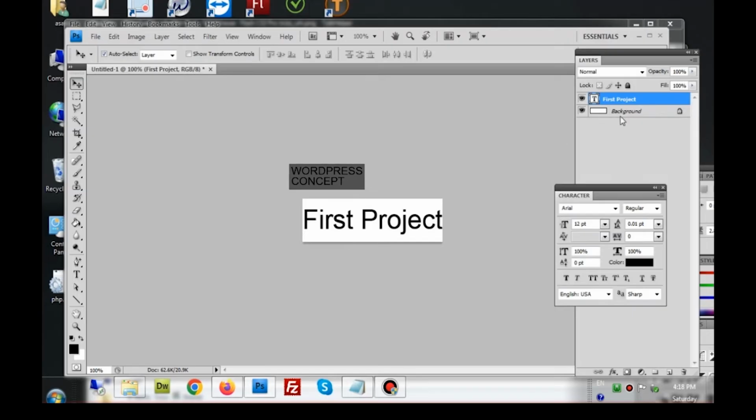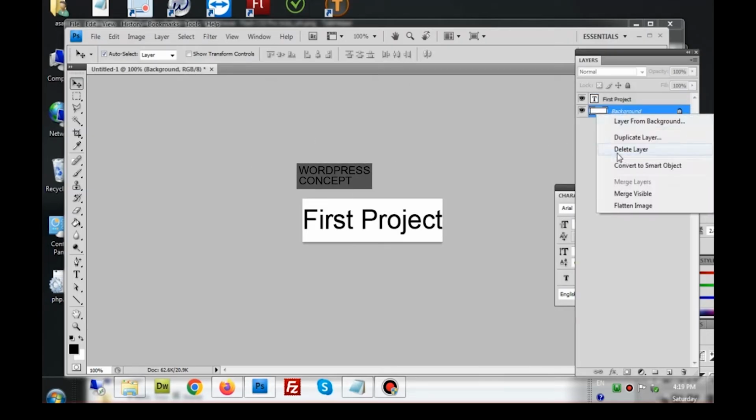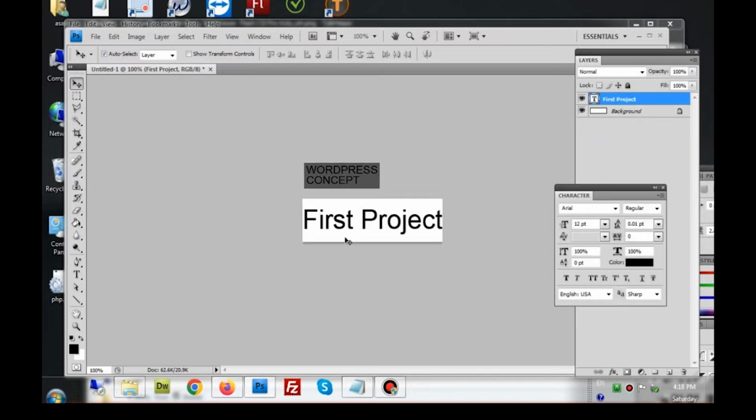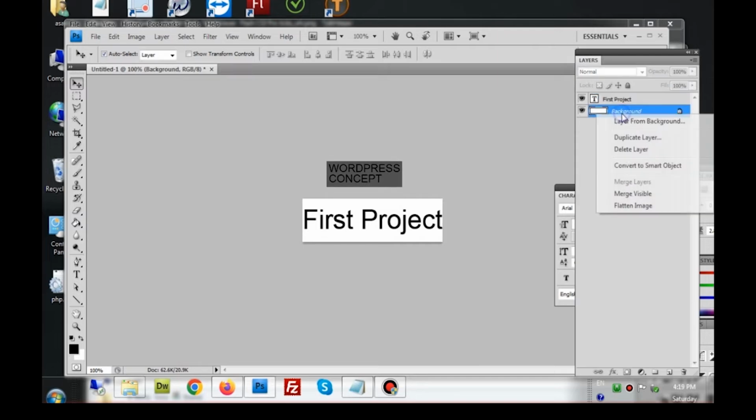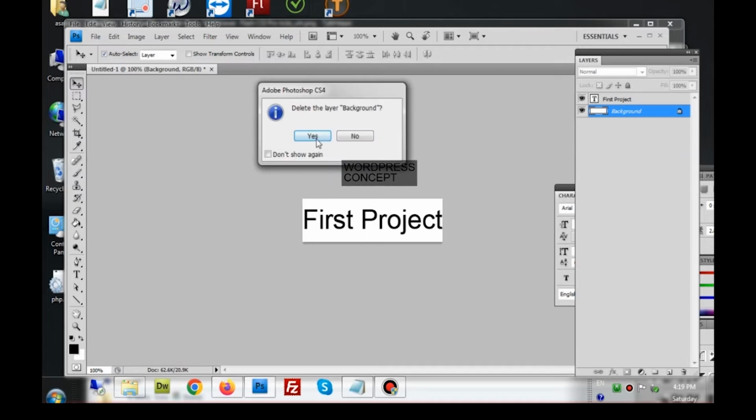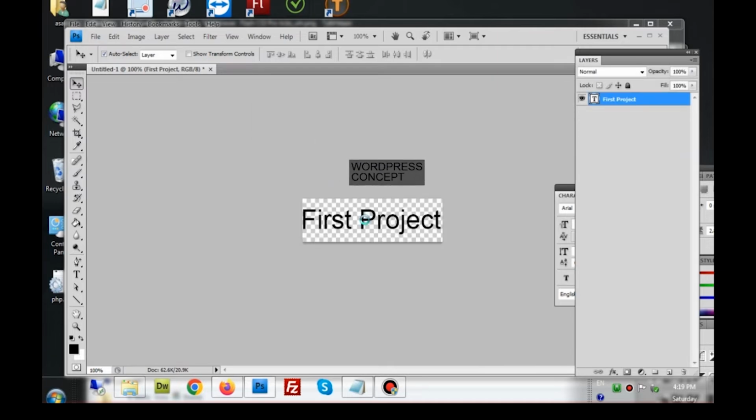Normally the site gets a logo which is basically transparent. So to make this logo transparent, without the white background, I will remove this background layer. If I right click on the background layer and click Delete Layer and then Yes, now this background is removed. I'll place this text properly.